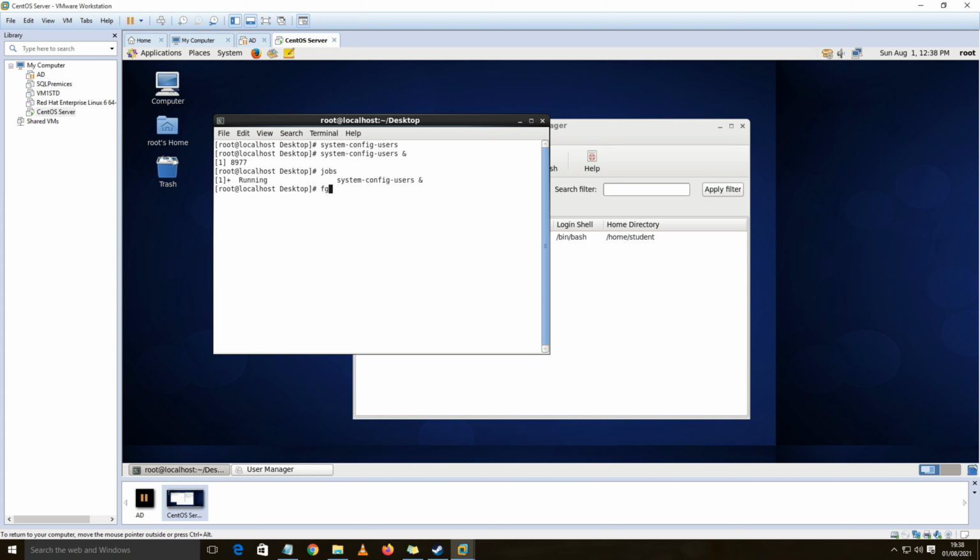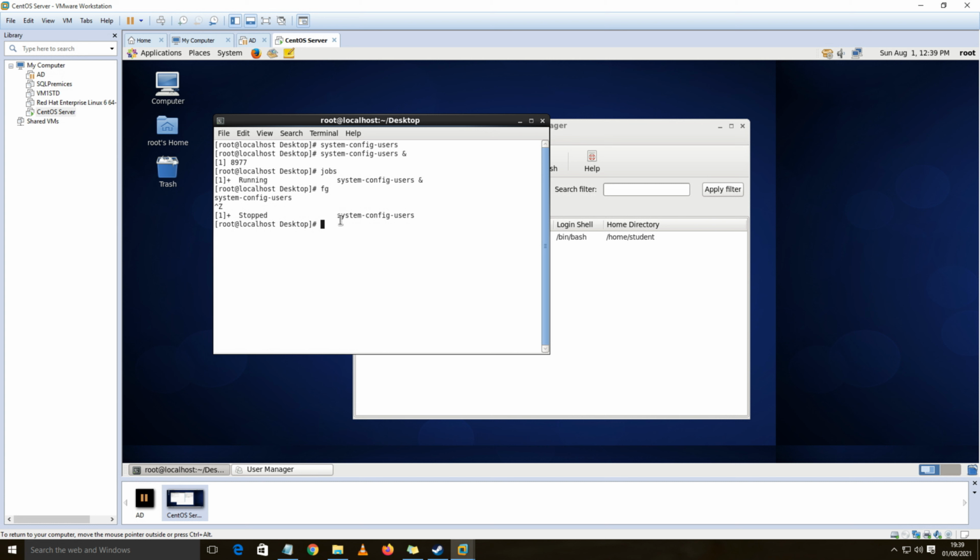What I am supposed to do is use the command called fg. If I press enter, this fg command is going to give me that particular job in the foreground. You will see that system-config-users is again occupying the terminal and you cannot use the terminal over here. Now if I want to halt a particular process, I'm going to press Ctrl Z. Once I press Ctrl Z, the process is automatically halted.